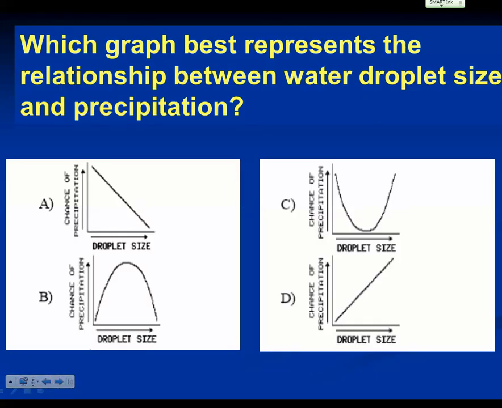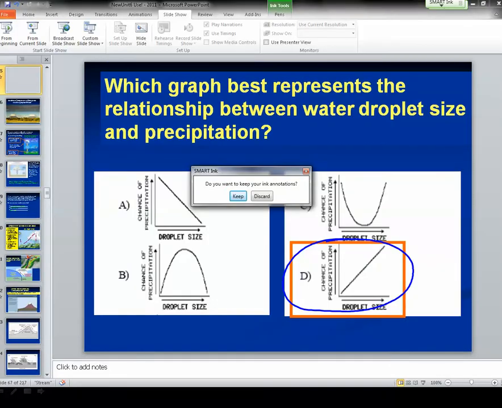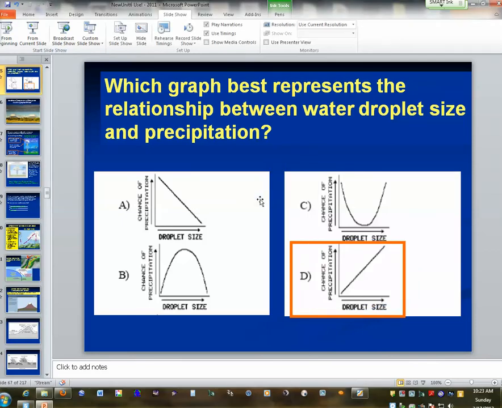So here's a good question you could be asked about this topic. Which graph best represents the relationship between water droplet size and precipitation? The x-axis is droplet size, the y-axis is chance of precipitation, and it's pretty obvious that the bigger the droplets, the greater the chance. And so we have two rising axes there, and so the best graph would be choice 4. As droplet size increases, the chance of precipitation also increases. And there we go. So hopefully you learned a little bit about condensation and precipitation today, and maybe you'll experience some